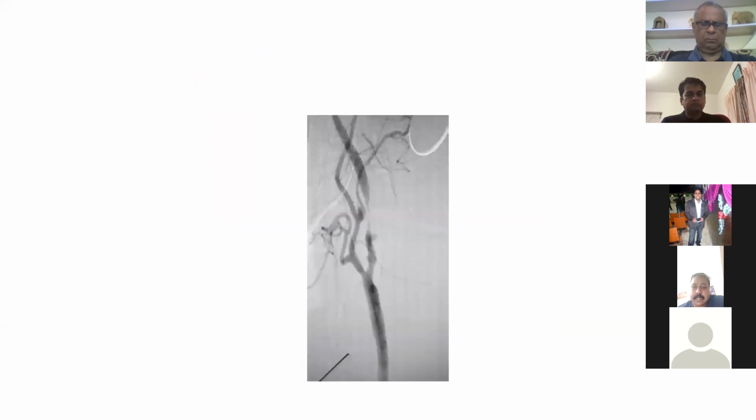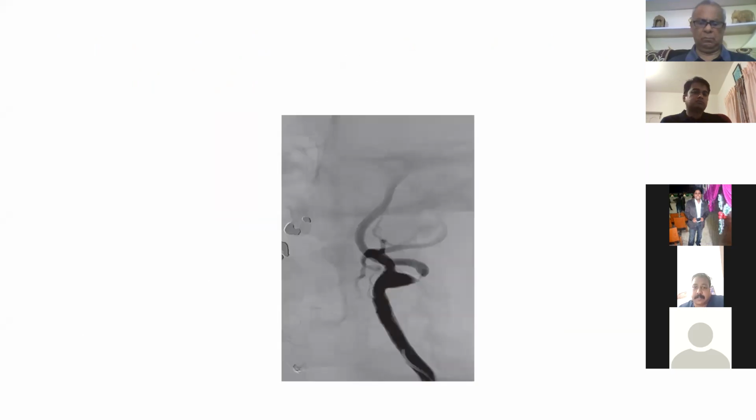Next. This is the carotid string sign. A very narrow luminal flow will be there, so there is high chance of stent non-expansion and future risk of stroke. And high tortuosity of the ICA.